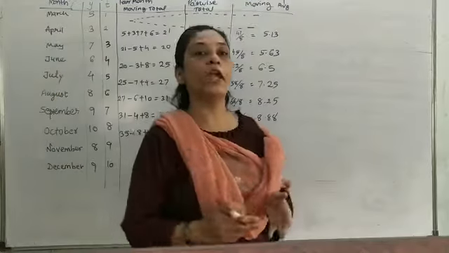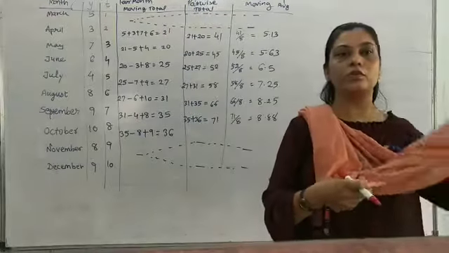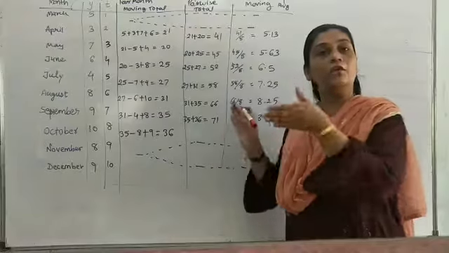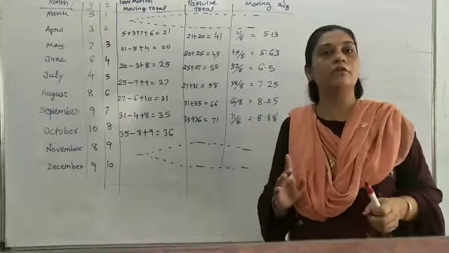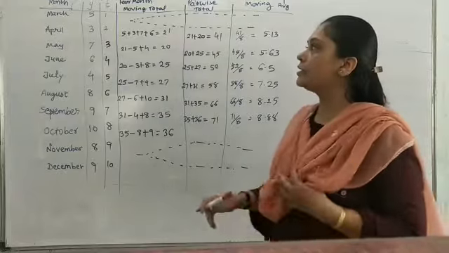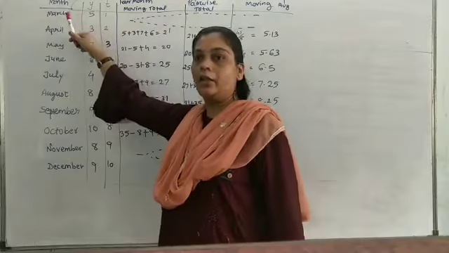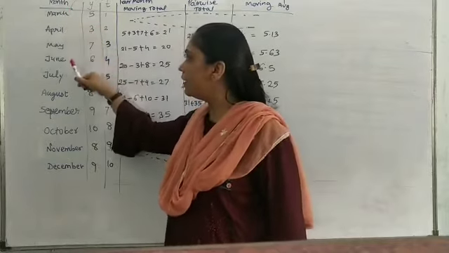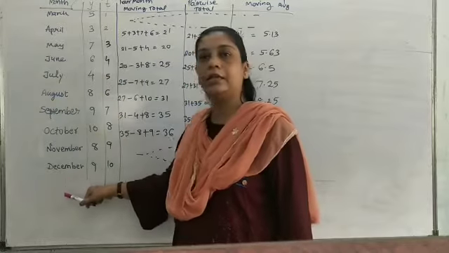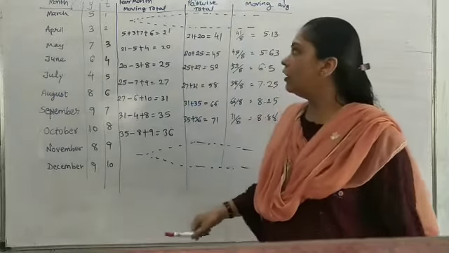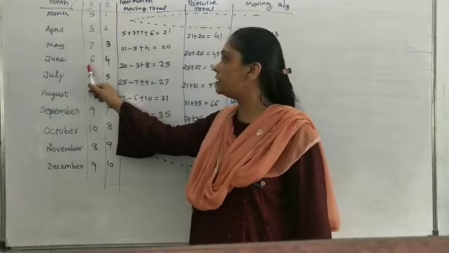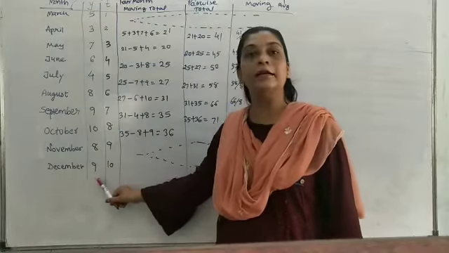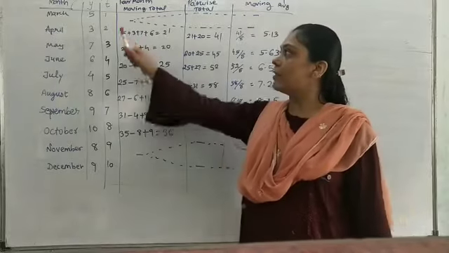Four years moving average method we are going to see. Now students, when you write the question, leave one line, so this would be very much easier for you to solve. Illustration 10. Here I have made the column month, March, April, May, June, July, August till December. The second column is my variable: 5, 3, 7, 6, 9, 10 and 9. So here this is my variable.